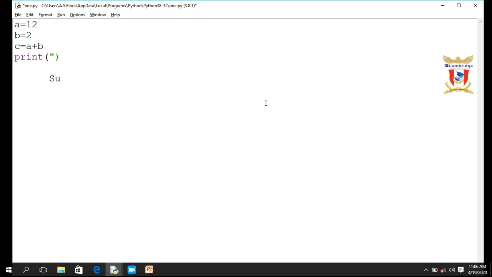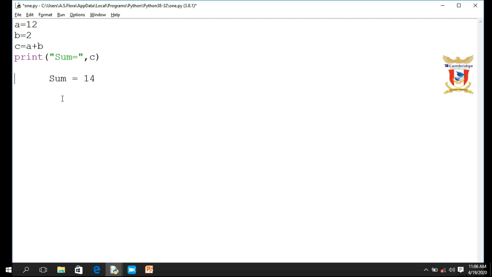For example, I want the output "sum equal to" the result. According to this code, the result will be 14. I want this result to display. Then I can use the concatenation operator, like "sum equal to" in double quotes, close, then the name of the variable.